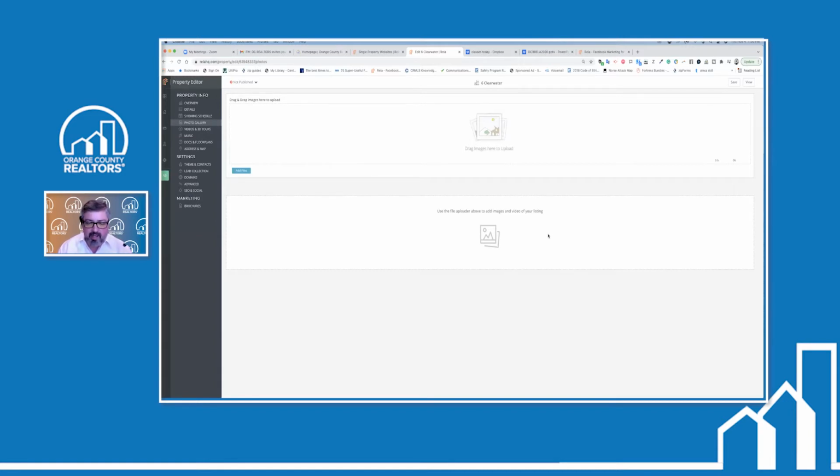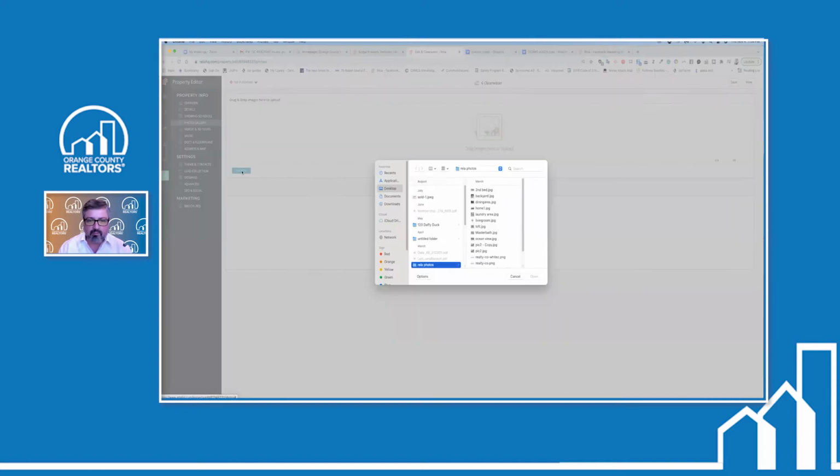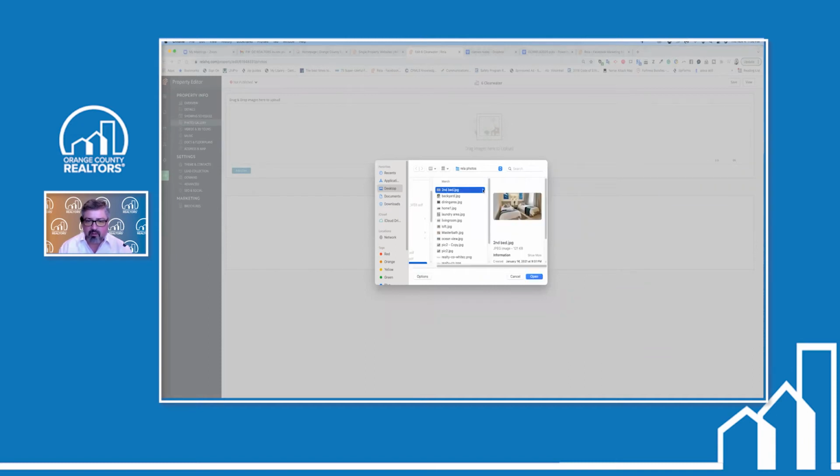Now, very easy to add photos to your property website. Simply move your mouse back over here towards the left where it says add files and click. From here, we're now going to browse our computer for those photos. So here on my reel of photos, I'm now going to select one of those pictures. Now, this is where we're going to have a lot of fun. What I can do is now select all of the photos that I need. And now when I say open,